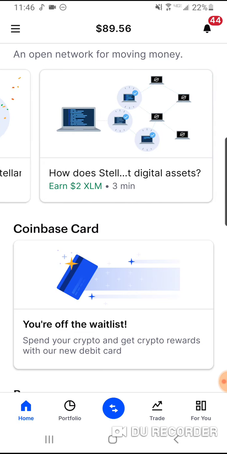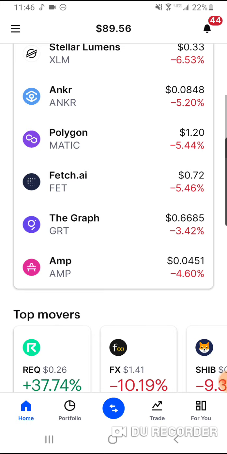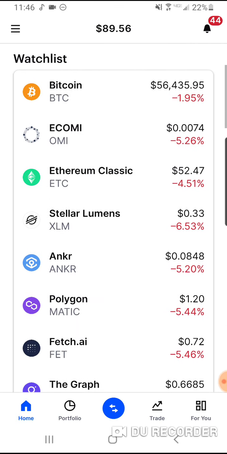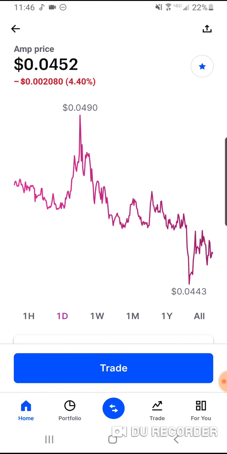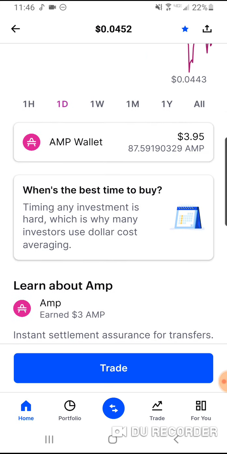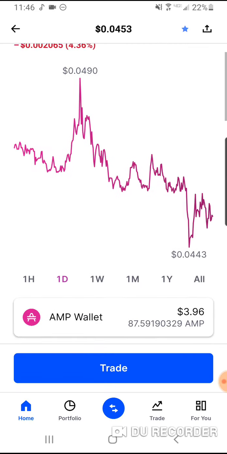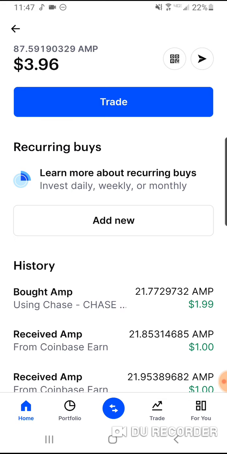So a while ago I had $81 and now I have $89.56. I mean, I earned $10, so it's possible that one of this crypto went down. So I had probably $79 and now I have 89, because that would make sense for $10 earned. So I just bought the AMP crypto a while ago and I think it's down. That's why.